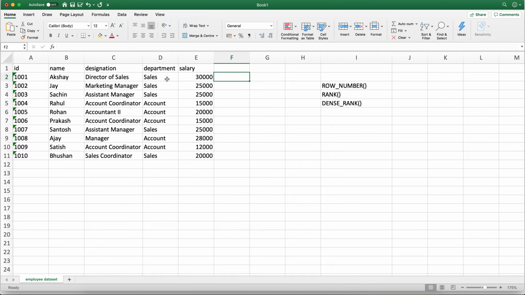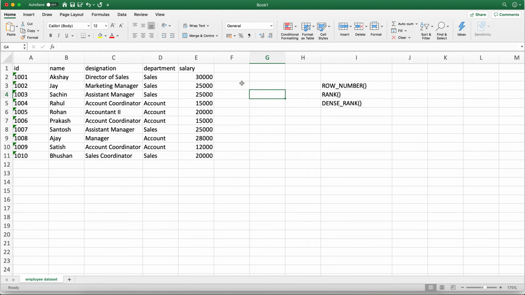But the salary that is getting displayed should be in descending order. So we want the names or IDs of all the employees belonging to the sales department with the descending order of their salaries, and in the same way all the employees belonging to the account department with their descending order of salary.